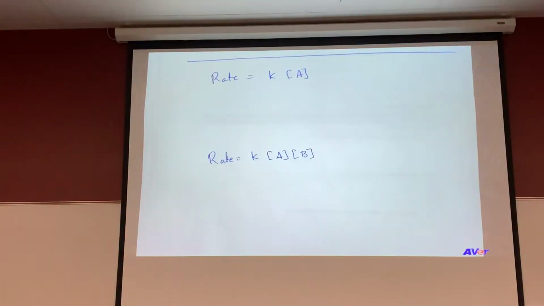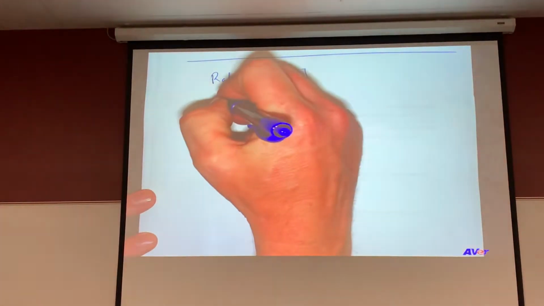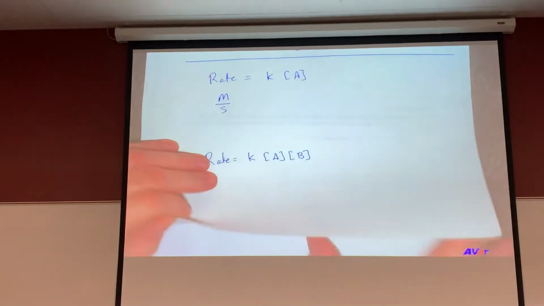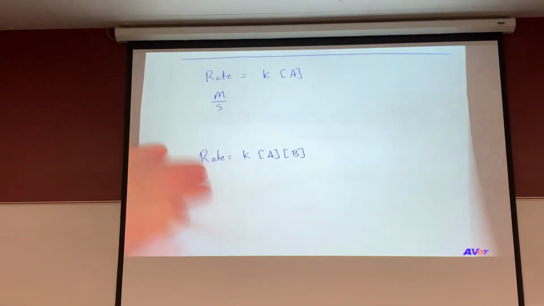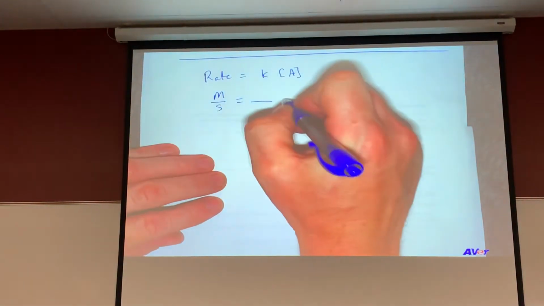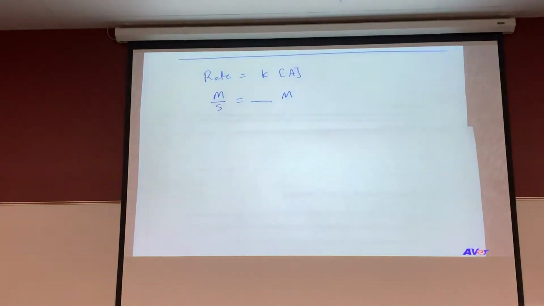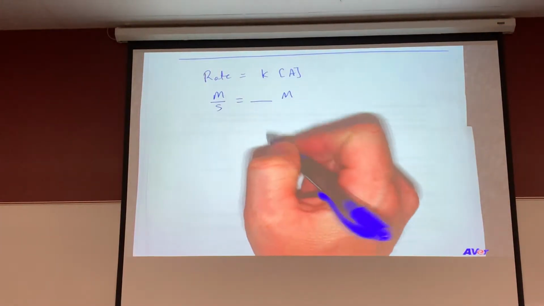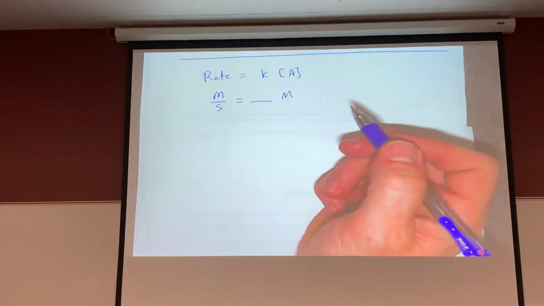All right. When you're determining the rate constant, whatever number happens to show up, if you want your rate to be in molarity per second, for instance, in this case, just cover this up. That has to equal something times the concentration. And if the concentration is molarity, here's a simple question. What do the units for the rate constant have to be? Molarity per second. Is there anything that goes on the top? No. The two sides need to be identical in terms of their units.